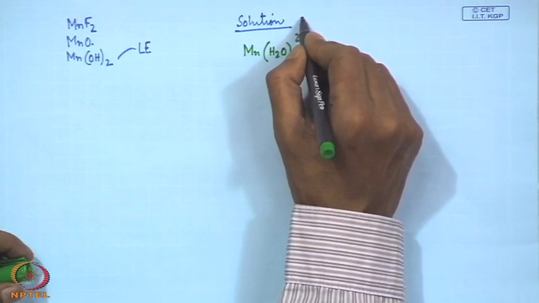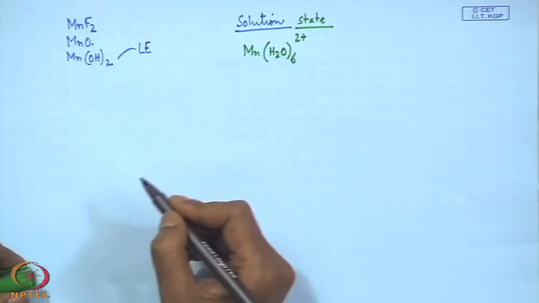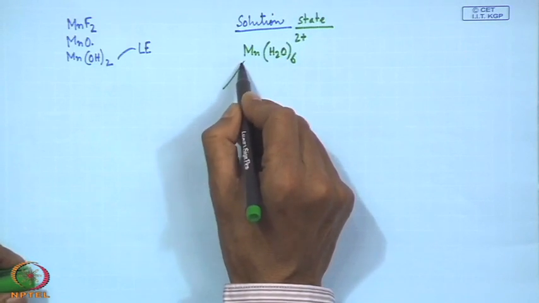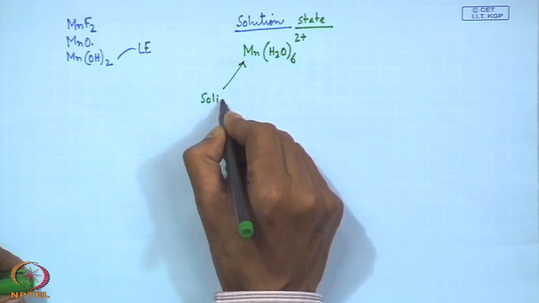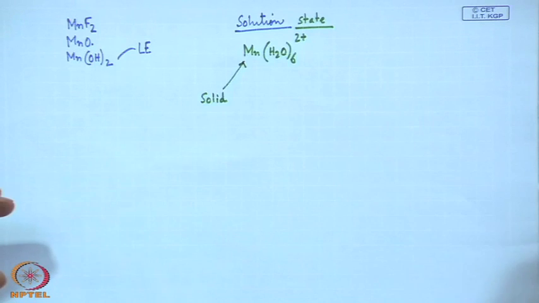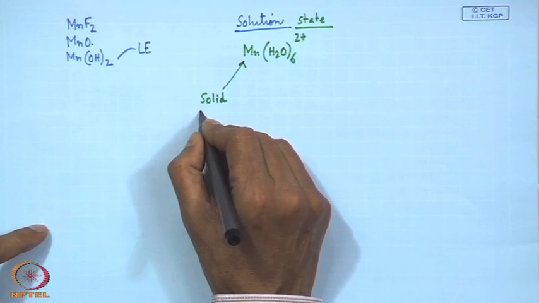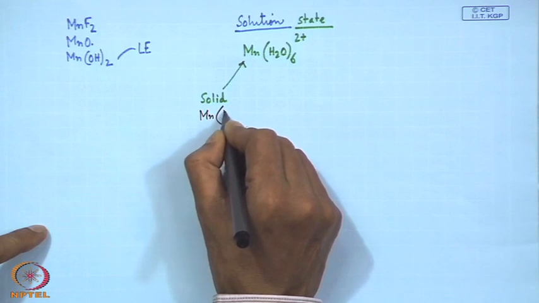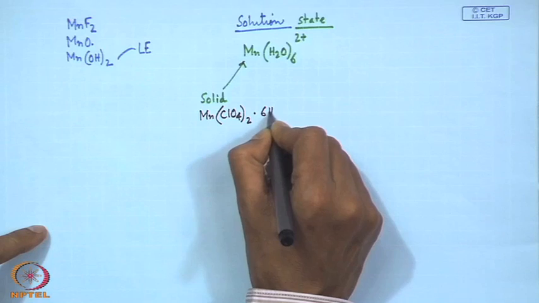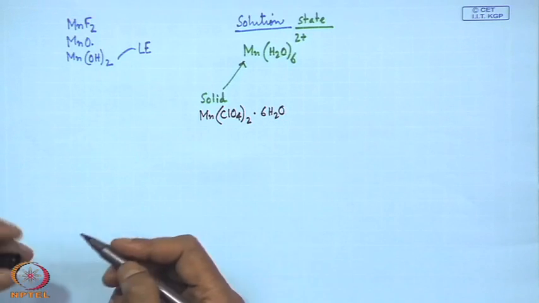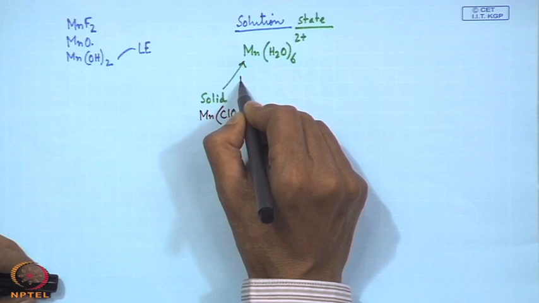In the solution state we get these interactions when we have, say, solid manganese chloride or manganese nitrate or manganese perchlorate in our hand. So, if we have manganese perchlorate with some water of crystallization, and we dissolve this solid in water,